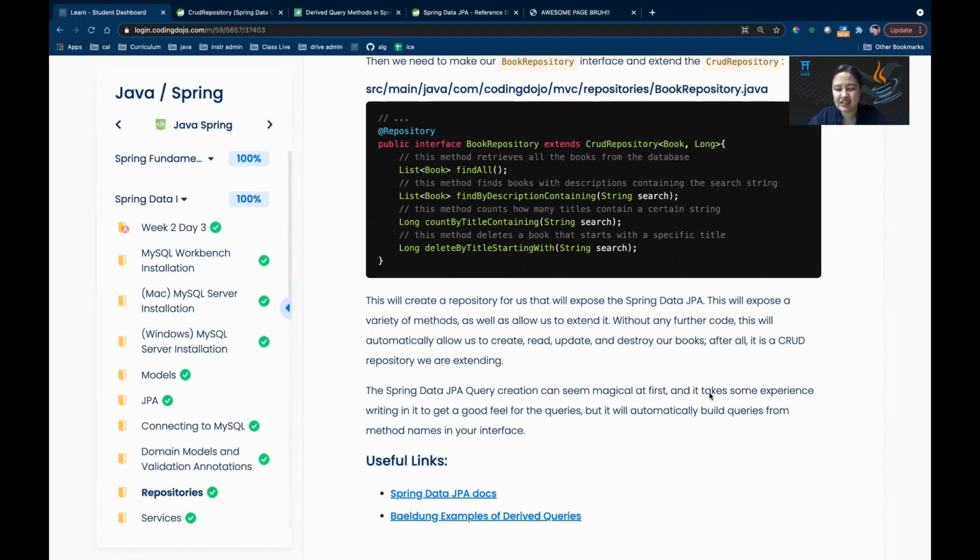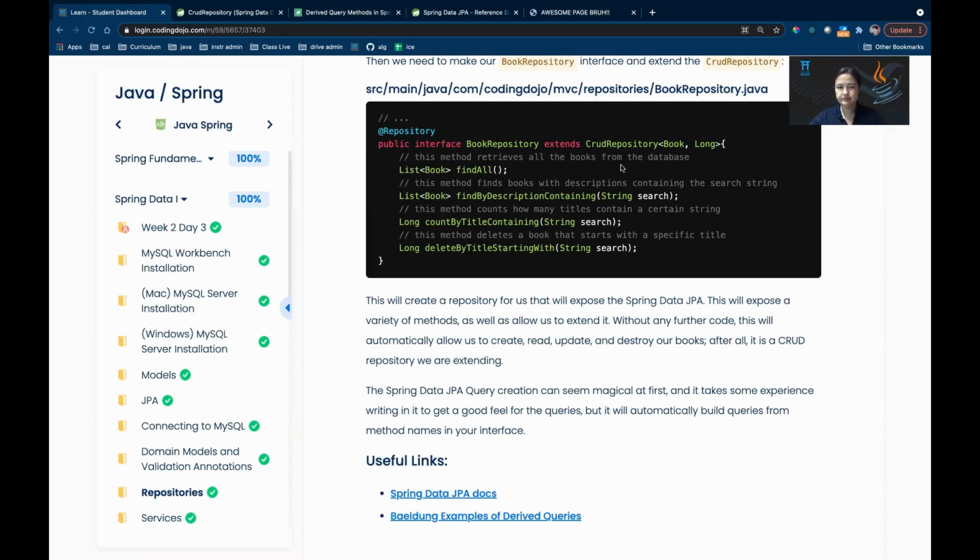So what is that? Well, first of all, our repository, we can call it whatever we want, right? It makes sense to call it book repository because we have a model, a class called book. So we're going to make it a book repository interface that extends the CRUD repository. So if we actually take a look at the documentation real quick for this interface CRUD repository that's built in, it actually has a whole bunch of stuff that's already written into it that we're going to inherit by extending from CRUD repository, right? So we don't have to do any of the work of writing any of these methods